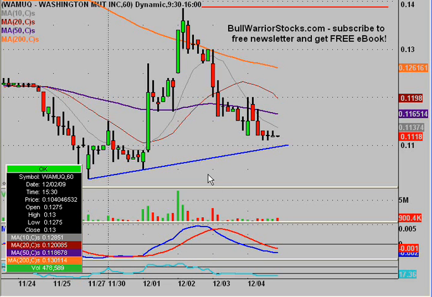Hey, this will be a video chart on WAMUQ, Washington Mutual Incorporated. This is a 60-minute chart that we're going to look at. So what that means is each one of these candlesticks represents 60 minutes worth of price action. The reason we're going to go through the 60-minute is because it gives a better representation of what's